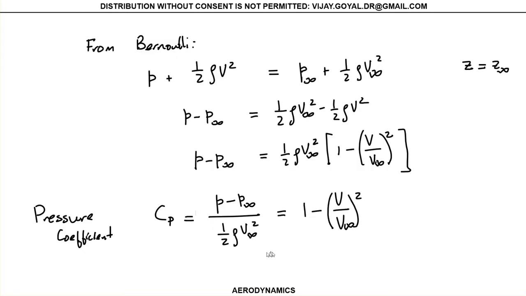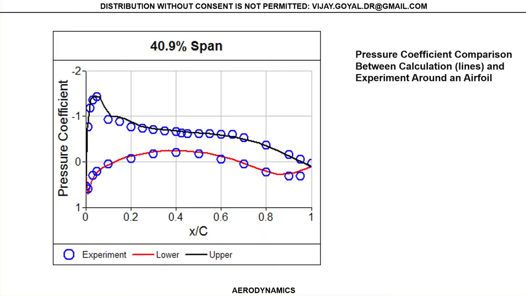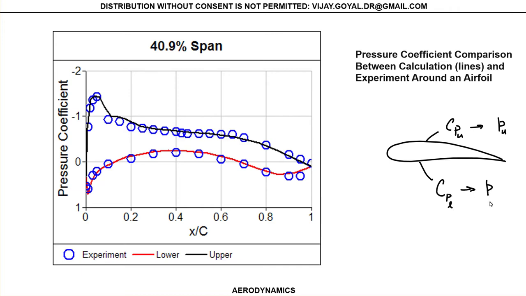And that will be different, because although the freestream is the same, your pressure at the top and the bottom will be different. So if I have the airfoil, you're going to have a pressure at the upper surface, and a pressure at my lower surface. And this is what the pressure coefficient actually looks like, the one that's actually experienced by the flow. And this particular plot was done at